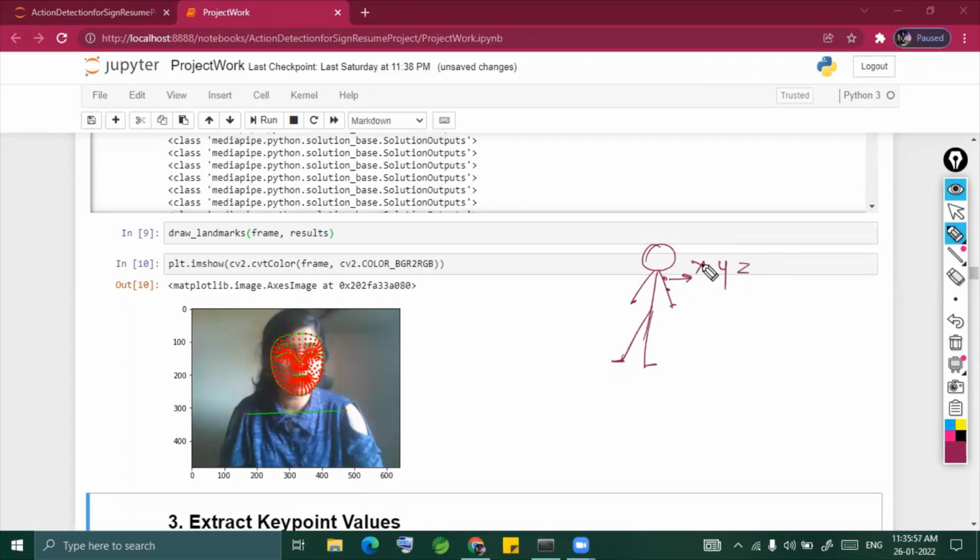Okay, X, Y, and Z. What is X, Y, and Z? They are coordinates, you all know, right? These are actually the key points which you need to extract from that image. Now what will happen is,